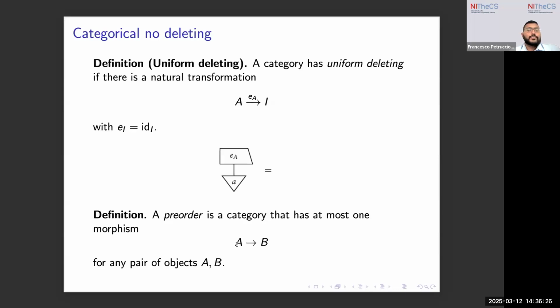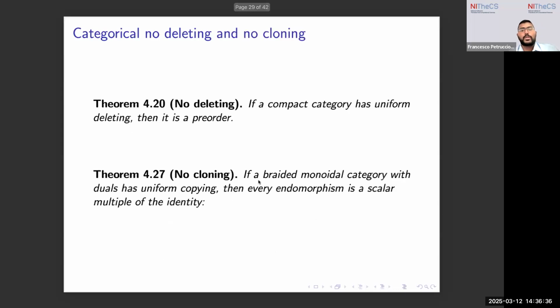And if there is a morphism from A to B, you could define what we naturally think of as an order, A is less than or equal to B. So using those notions, we get the no deleting theorem that says if a compact category has uniform deleting, then it is a preorder. Now, this term compact category I did not introduce, but all it means is that